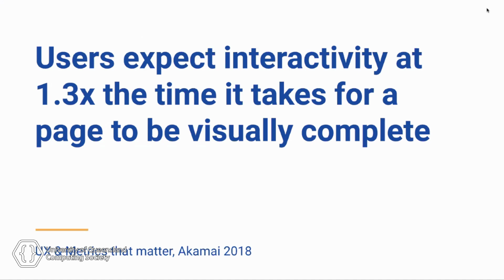Another random fact is that users expect interactivity at 1.3 times the time it takes for a page to be visually complete. So that comes back to what I said about rage clicking. Once a page looks like it's loaded, users expect that they can actually click on it and interact within 1.3 times the time it took to get to that fully visually complete state. And what that means is